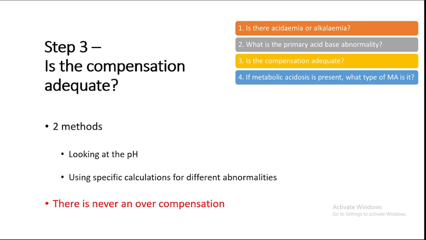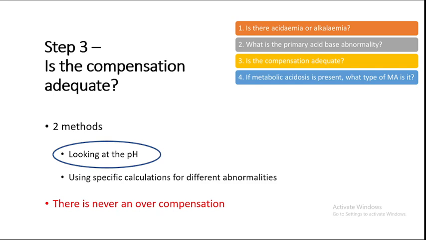So actually, I would say there are two methods. You can simply look at the pH and see whether the compensation is adequate. But if you want to go into more detail accurately, there are specific calculations that you can use for different abnormalities to see whether the compensation is adequate. And you have to remember that there is never an overcompensation. But to make it simple, to cover blood gas analysis in 30 to 40 minutes,